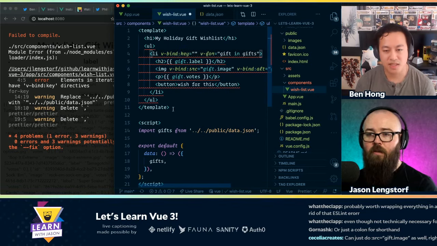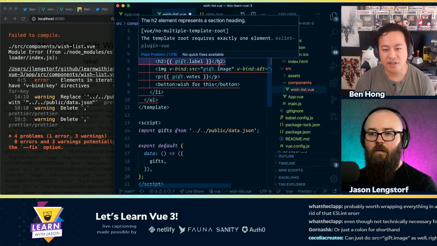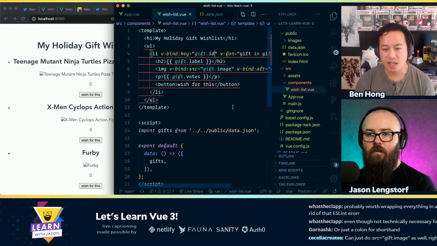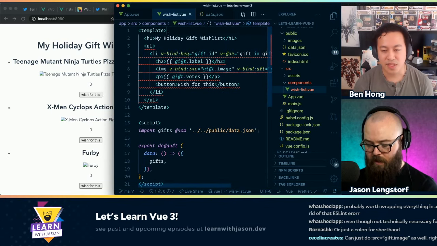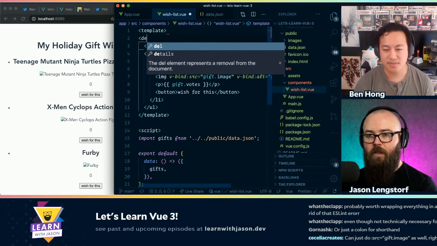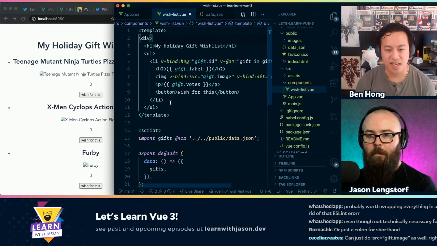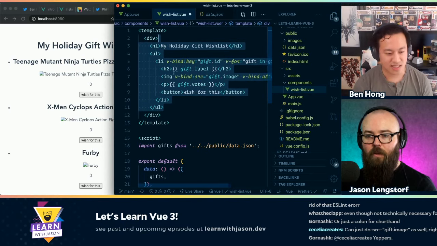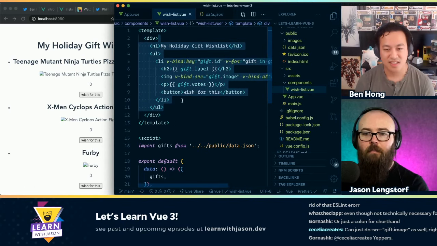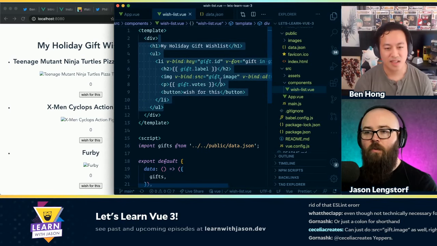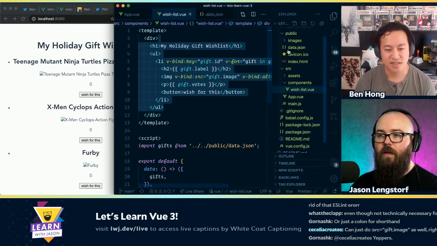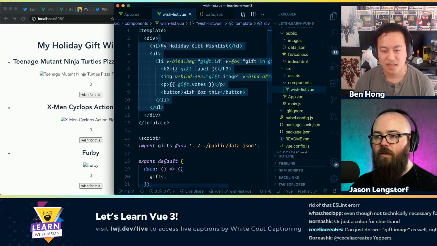v-bind key: yep. And then I already included an ID in there, so you can do gift.id. But something that well, there you go. We're already starting to see things, so this is good. Nice. So just to get this to stop yelling at me, I'm going to wrap the whole thing in a div. Yes, sounds good, because I don't want it to look like this is broken. Okay. So it looks like we have a small problem, which is that these image URLs, I think, are not